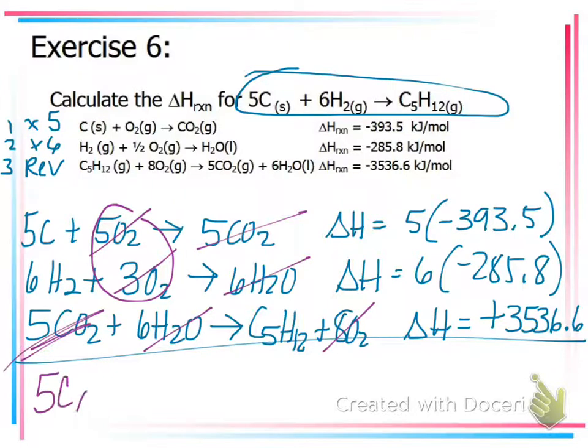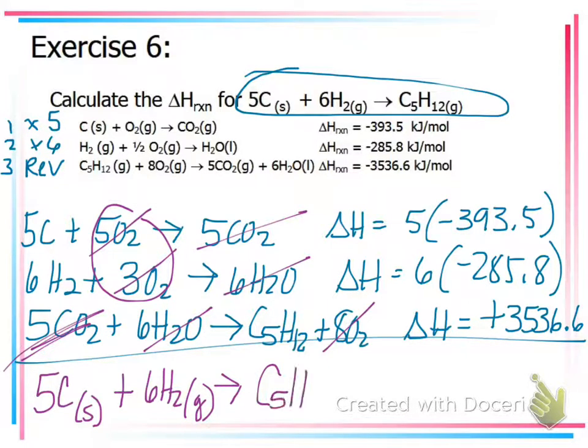So 5 carbon, which is a solid, plus 6 hydrogen, gas, yields C5H12, gas, which is pentane, in case you're interested. So I add all of that up, and I believe it's negative